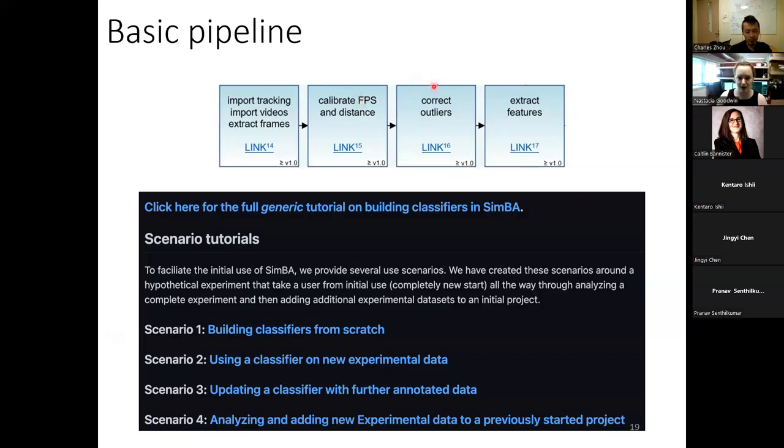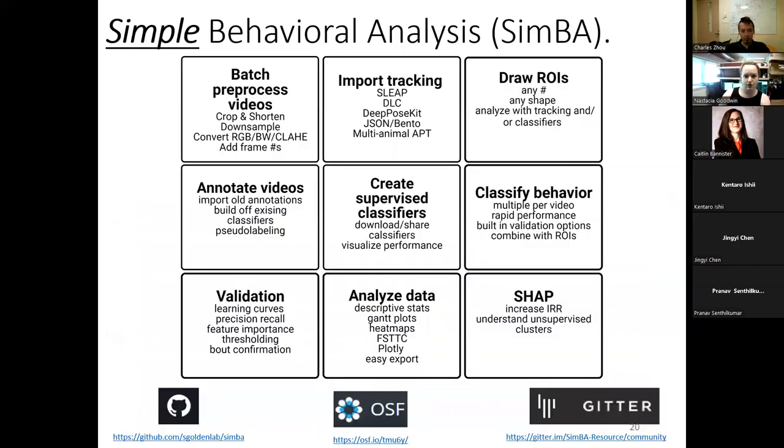You can correct outliers in your tracking if you want to, and then you extract features. And all of these are kind of auto-populated sheets that go into different folders for you. Again, we have all of these scenario tutorials also. Okay, so